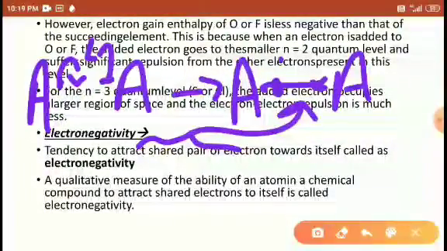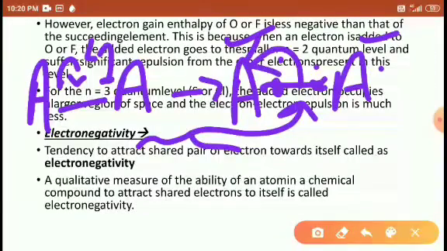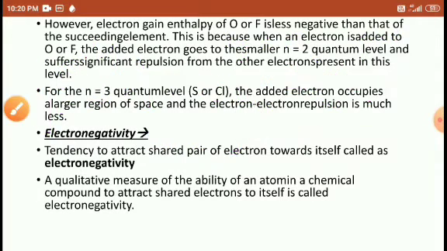The pair of electrons, two electrons, is a shared pair of electrons. During the dissociation, one species is highly reactive and highly energetic, and the other is low reactive, low energetic. The shared pair of electrons moves towards the species which is highly energetic and highly reactive, right students? That is what we call electronegativity.